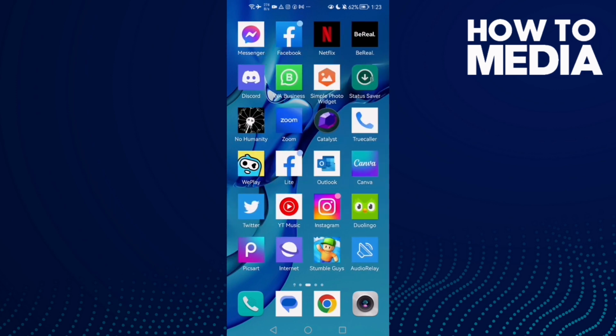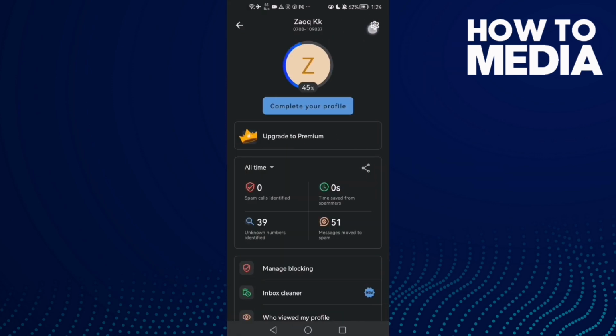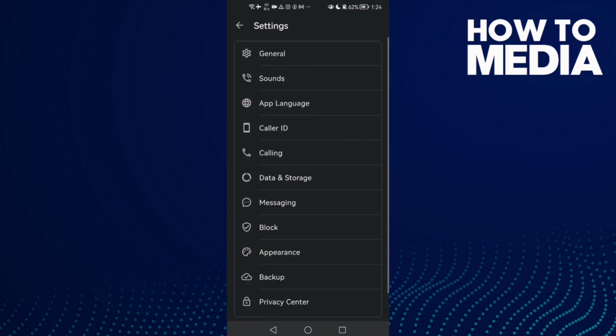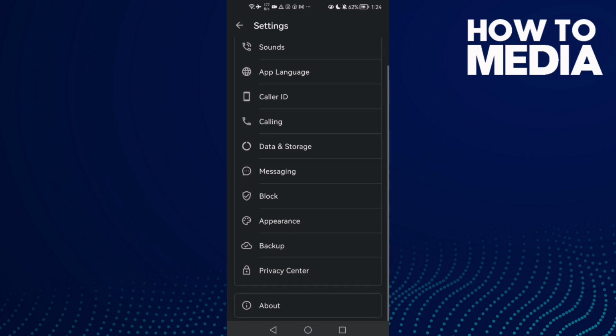First go to Truecaller, and once you're here click on your profile here in the top corner, and after that click settings, and then scroll until you find calling. Here it is. Now just click on it